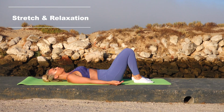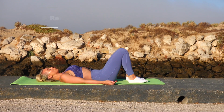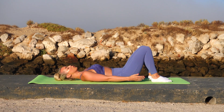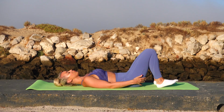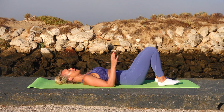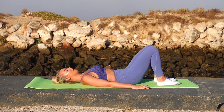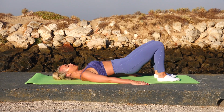Inhale in. Exhale away. So the heels are tucked up towards your glutes, up towards your butt. And then you're going to go ahead. Inhale the breath in. Exhale, you're going to tuck your hips under, lift the butt off the floor, press the